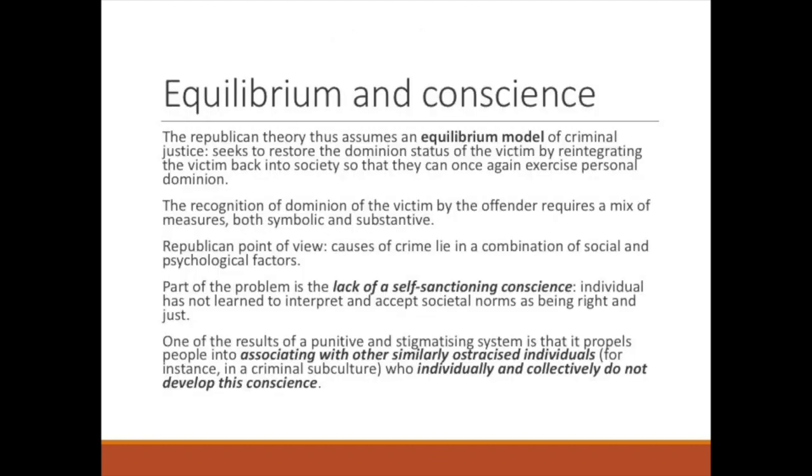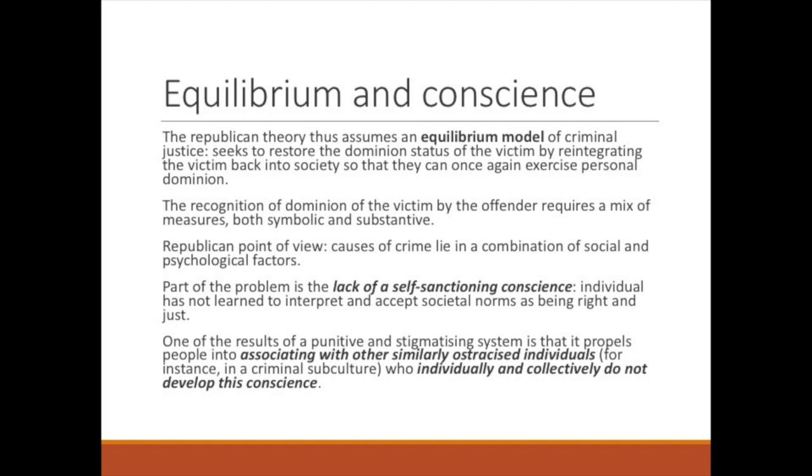So, within the Republican theory framework, there's this assumption of an equilibrium model of criminal justice. Equilibrium meaning balance, restoring a balance. So the restoration of the dominion status of the victim by reintegrating the victim back into society so that they can once again exercise personal dominion. Now, the recognition of the dominion of the victim by the offender requires a mix of measures, both symbolic and material. So, on the Republican point of view, the causes of crime lie in a mix of social and psychological